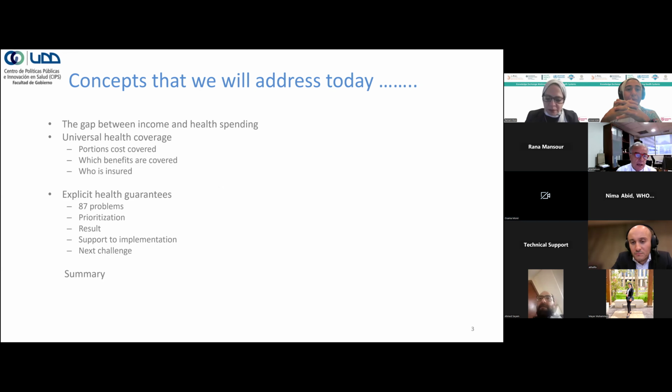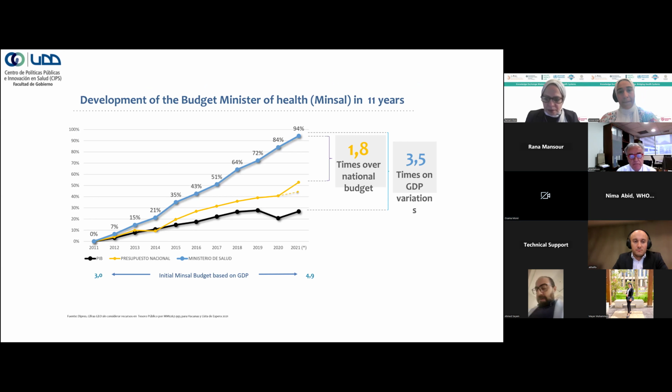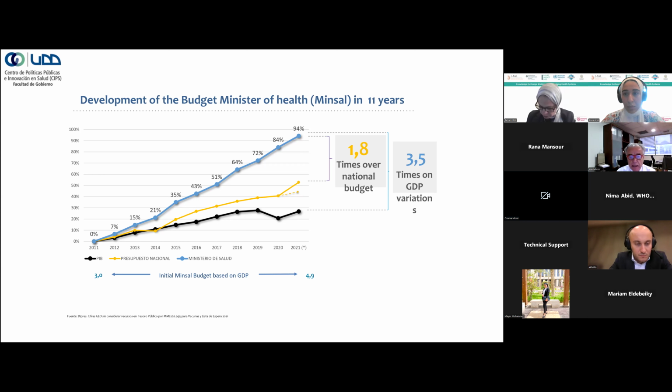Today I would like to talk about why we need to talk about universal coverage and how we developed explicit health guarantees. How has been the experience of Chile? The first step is to recognize the situation of most countries. Here I show you the reality of Chile. You can see the development of the general budget and the relationship between the national budget, the income, and the cost of health. You can see that, year after year, the relationship between the variation of the GDP and the health spending is